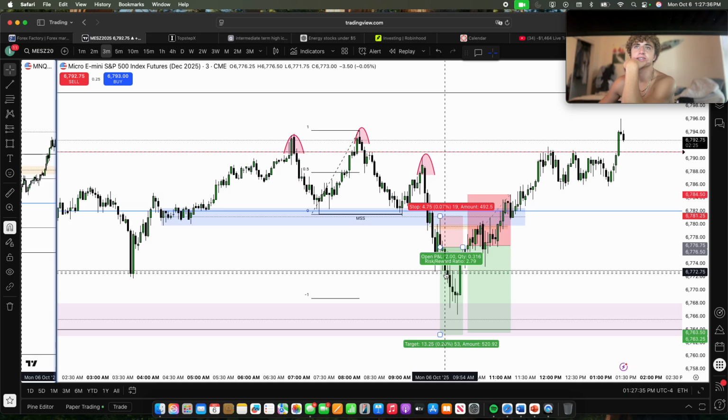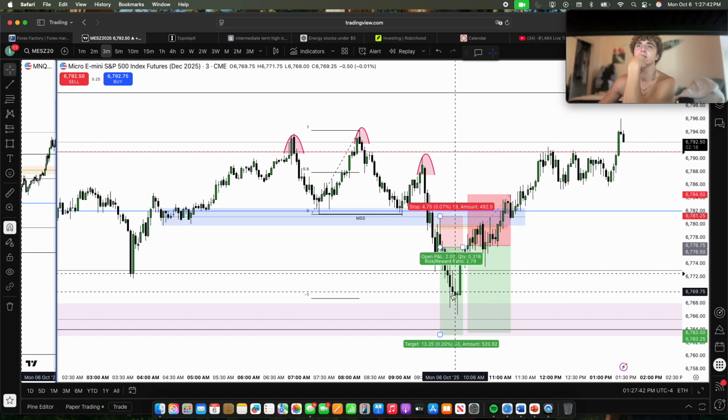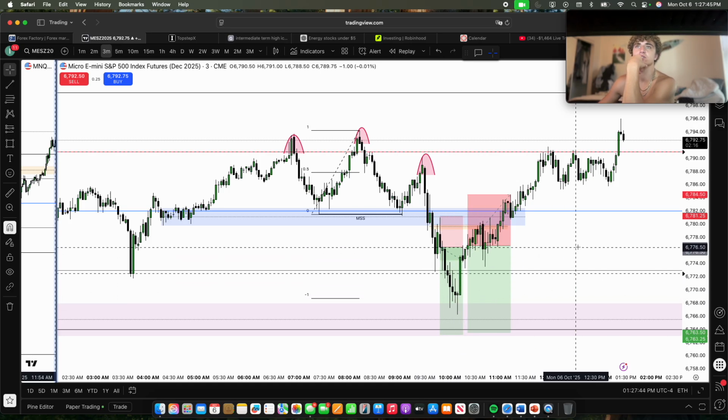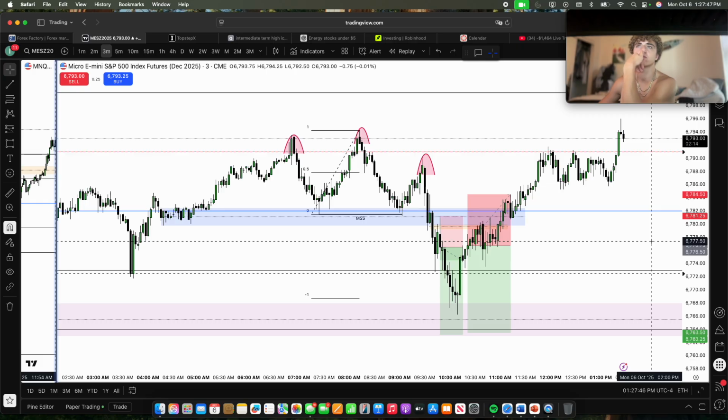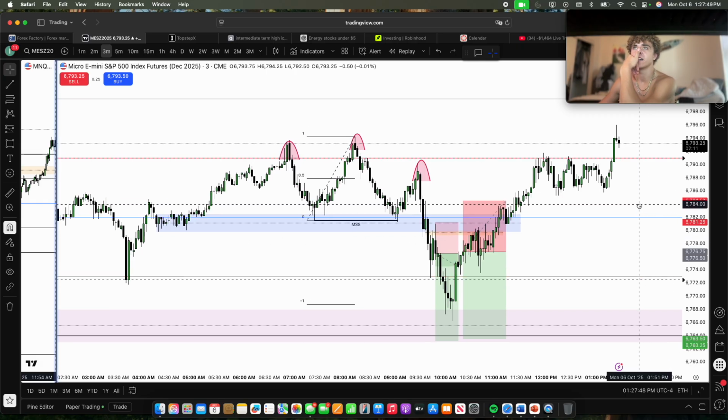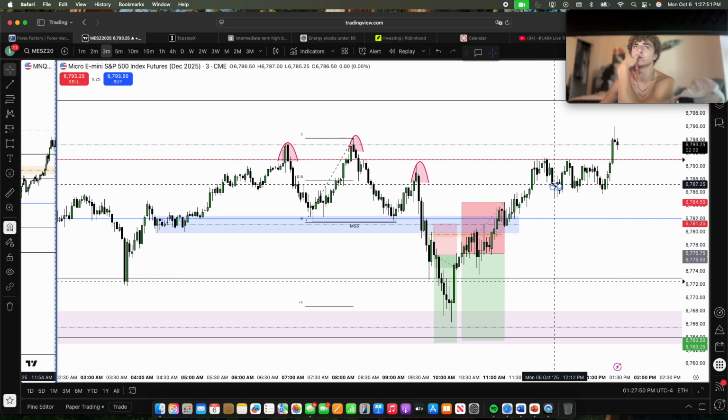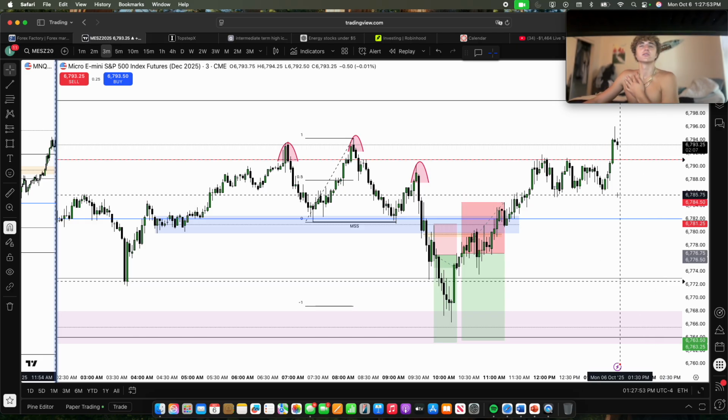Something also interesting to look at is how we're reacting off this 0.5. Once we get below, we tap back into it and then rally lower and turn new week opening gap. And then we take out that low and then start to break higher, get an order block, respect the order block, and then start to head higher going into the rest of the session. So, yeah, that's pretty much it.